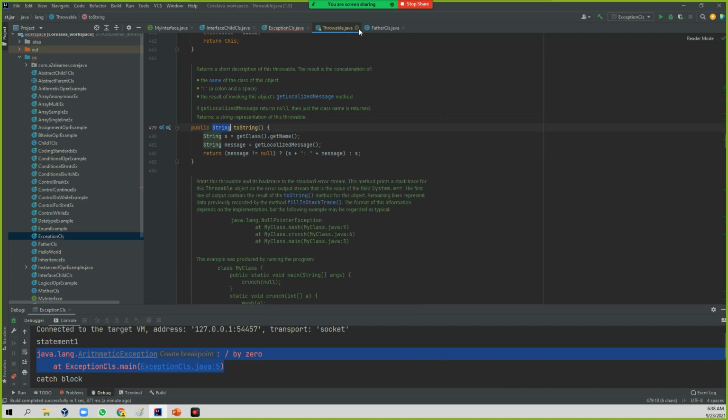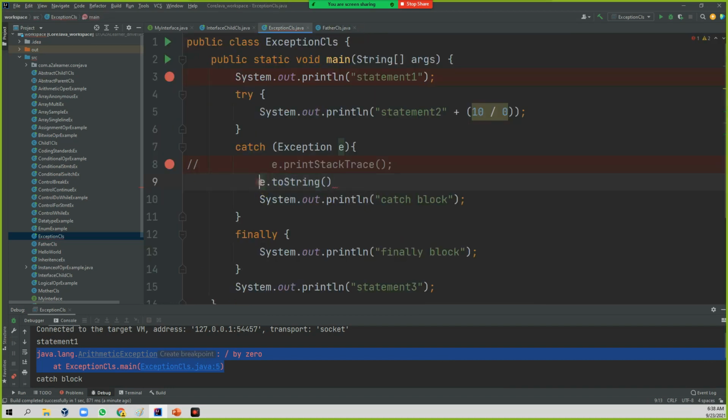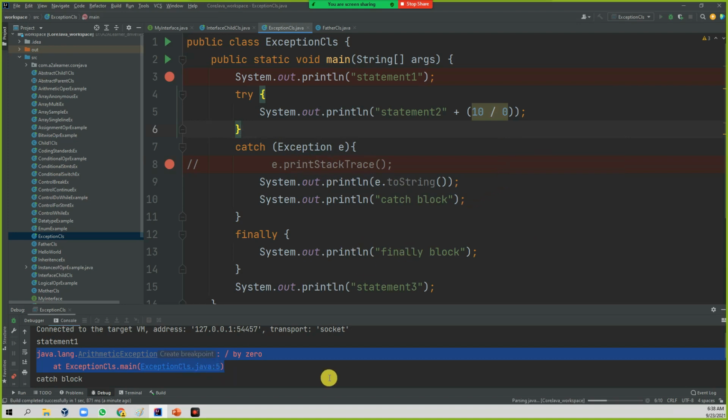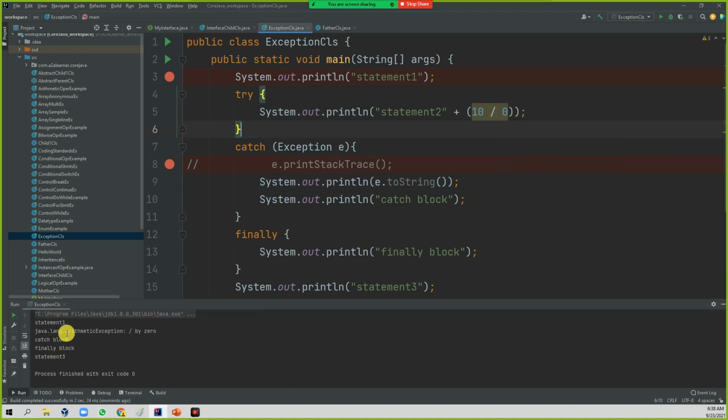So that means if you want to display this, you need to use System.out.println to display that exception information. You need to use it like this. But the printStackTrace return type was void. That is the reason we were not using any print statement. If you run this program now, you can see only the exception type and description. There is no stack trace information.